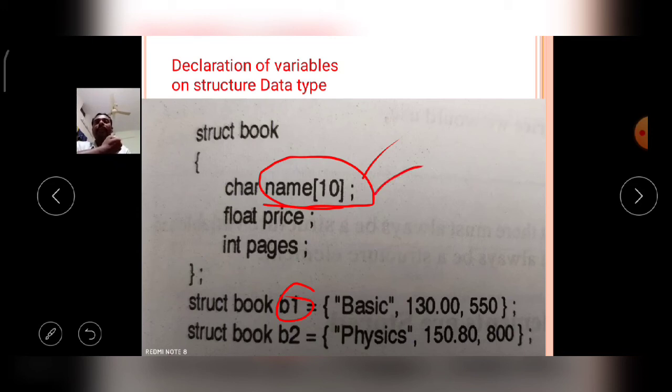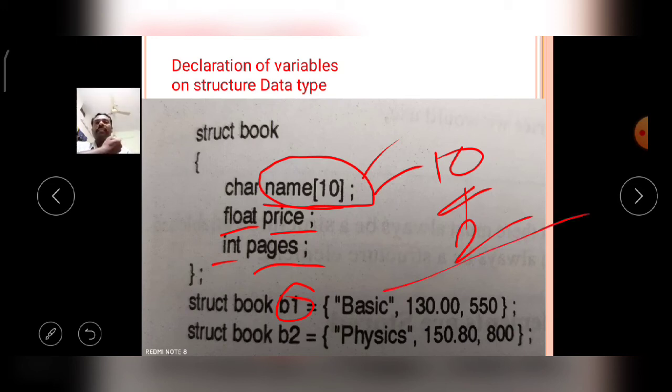Now the name variable contains 10 bytes. Next, the price belongs to the float data type. Generally the float data type contains 4 bytes. Next, pages is declared as an integer data type, so it contains 2 bytes in the memory. So totally 16 bytes are occupied for B1. Similarly, B2 also occupies 16 bytes in memory.